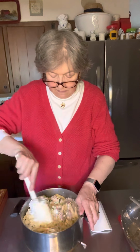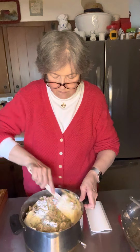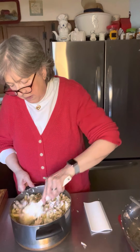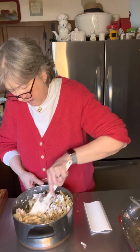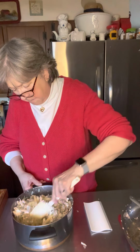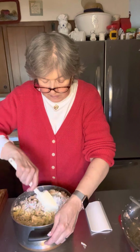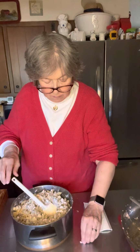pasta sauce. We get this mixed up here. Like I said, this is going to be a very full pot. Oops. Like I've said before, I'm a pretty good cook, but I am a messy cook. I get in there with my hands. I make a mess all over the place, but at least I clean up after myself. So nice thing about doing dishes like this is that for the most part, all of your prep dishes, you get them all cleaned up before dinner. So there's not much in the way of stuff that you have to